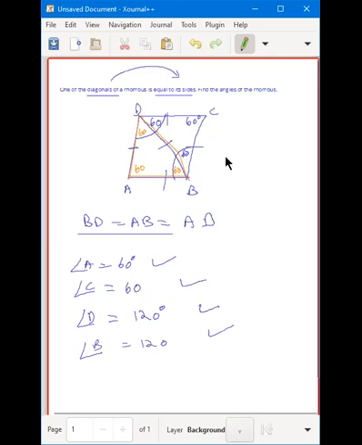So you all saw that if I make the diagram, and whatever is given, I start making it on the diagram, it becomes very easy to visualize and get the answer. So any kind of mensuration problems, any kind of these geometrical problems, try to make the diagram and solve it.